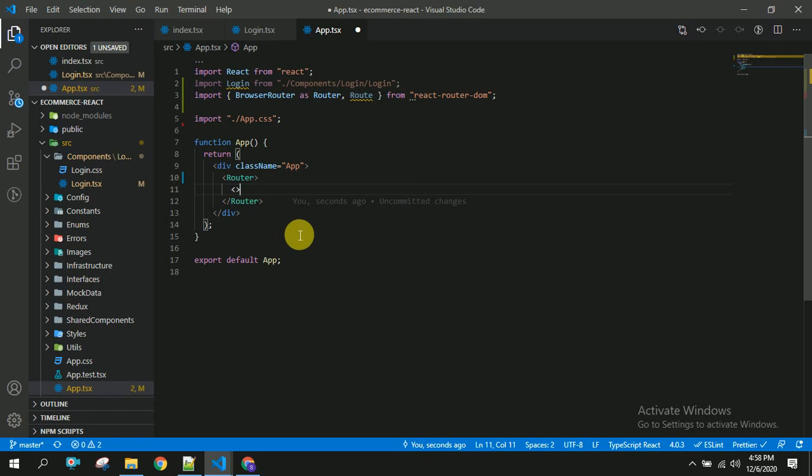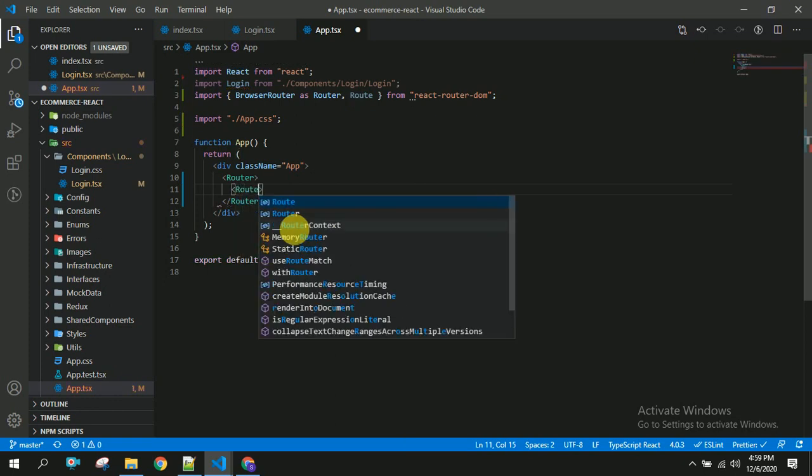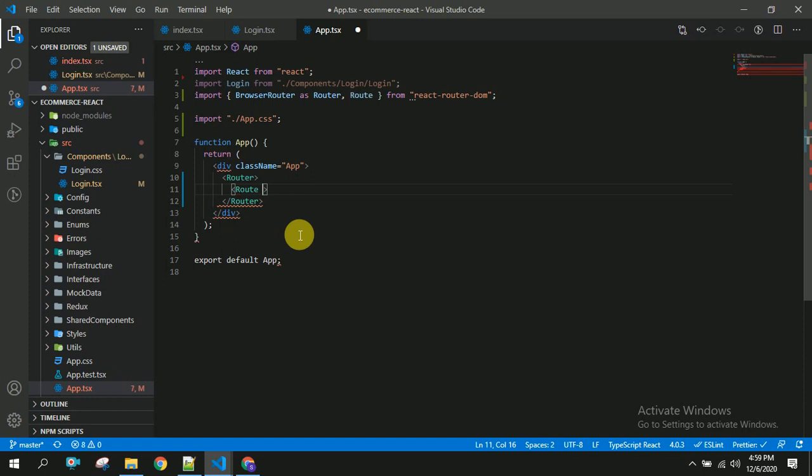In this route we have to specify the path and component. If the path is empty, or whenever the application loads for the first time, we have to specify what component is to be loaded. As of now I am going to use the login component to test whether it's working or not.